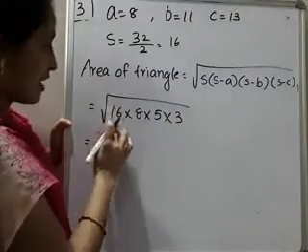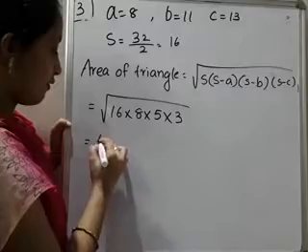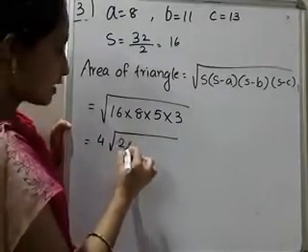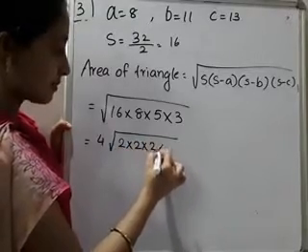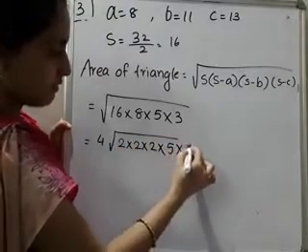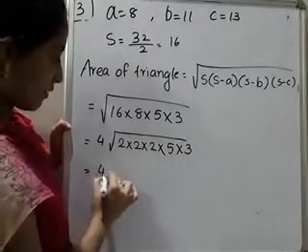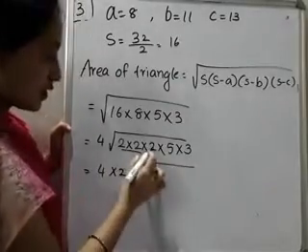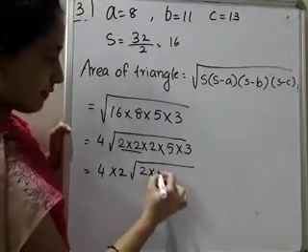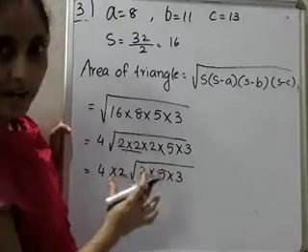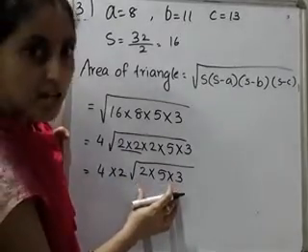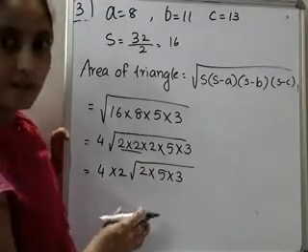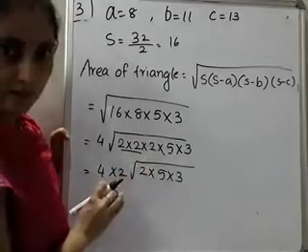That is equal to root 16. You already know what that is. Root 16 is 4, you can directly write, no problem. 8 can be written as 2 into 2 into 2. Then 5 like this, 3 like this. That is 4 into, here you can write the pair, 4 into 2. So what is remaining? 2 into 5 into 3. The remaining numbers should be kept inside the square root itself. If the numbers have no pairs, you have to write them inside the square root itself.